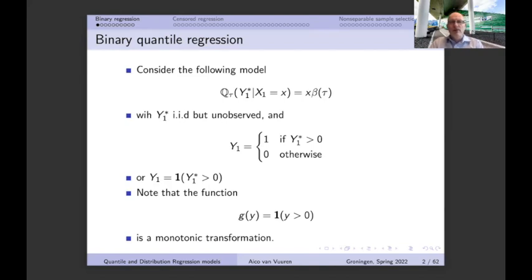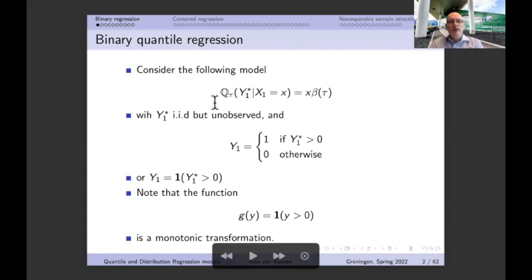The moment that we're going to look at standard regression analysis, then we do of course know that even in the case that we only have a binary outcome variable, we can still do a standard linear regression. That's usually called the linear probability model. Of course, we can look at more difficult models, but standard linear regression still works. That's not the case at the moment that we're going to look at quantile regression. At the moment that we're going to look at quantile regression, we always have to adapt the model in such a way that we can take a binary outcome into account.